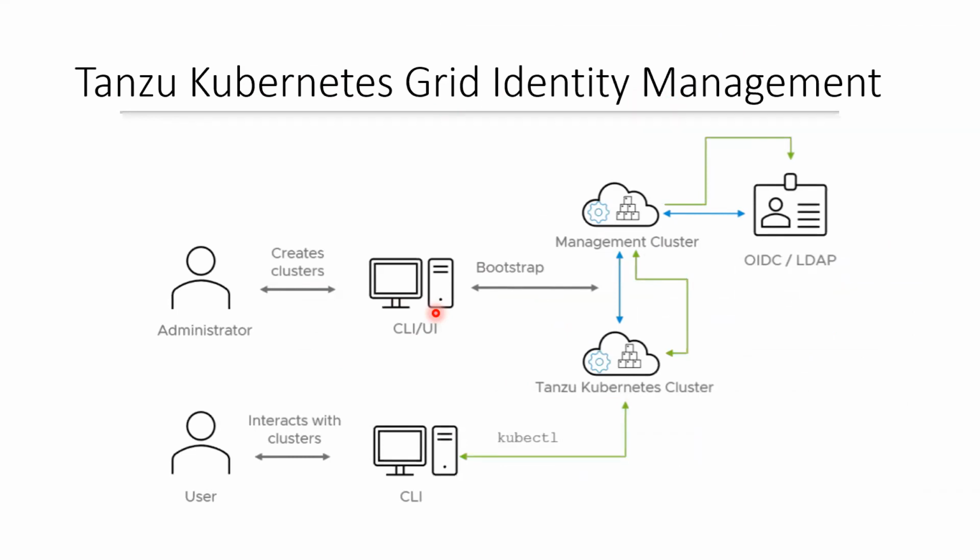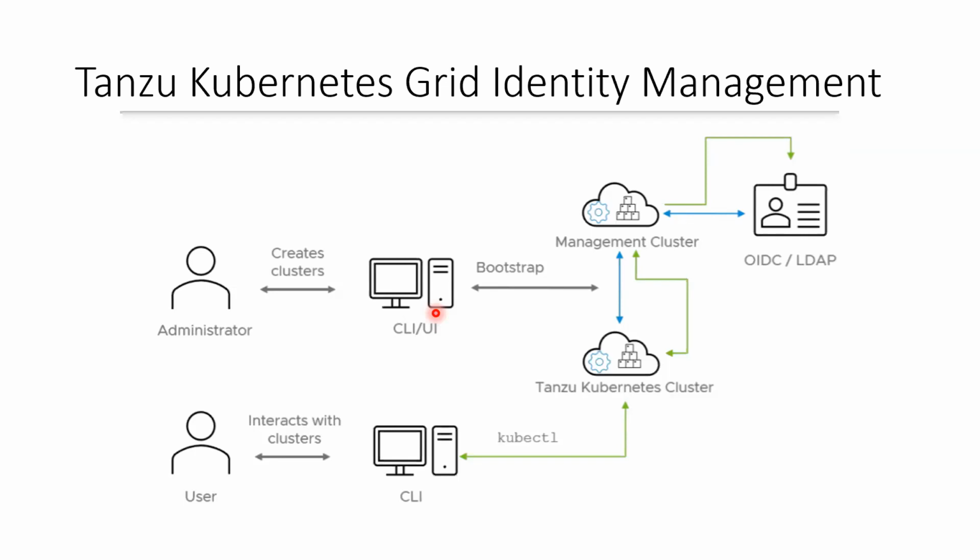What happens during the management cluster setup is we define the values saying, okay, this is the OIDC client to which I need to send the authentication tokens, or maybe the LDAP connectivity to which I need to send the authentication, and that would do the authentication for you. And once the authentication is successful, you can define the authorization to the cluster by using cluster roles and cluster role bindings, just as in Kubernetes.